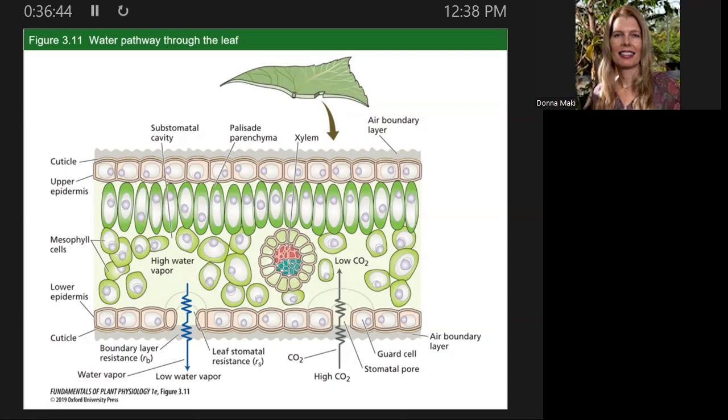So they realized that different plants, of course, have different habitats and different environmental parameters that they have to deal with. And so they started thinking about, well, some plants seem to have very fast transpiration rates, others not so fast. What kinds of things are impacting that? So we're going back here to the leaf. And one thing I want you to pay attention to for this idea,